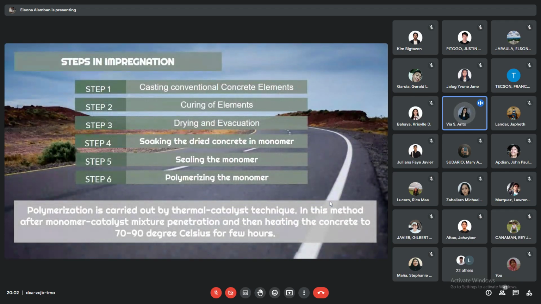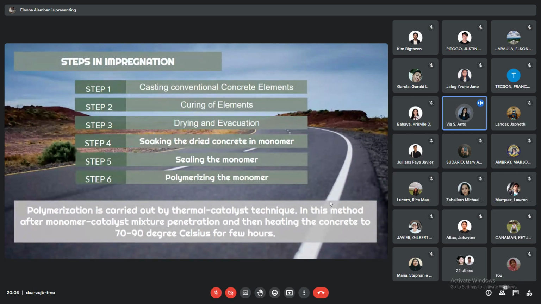So what are those steps in doing impregnation? Step 1 is casting conventional concrete elements. Step 2, curing of elements. Step 3, drying and evacuation. Step 4, soaking the dried concrete in monomer. Step 5, sealing the monomer. Step 6,